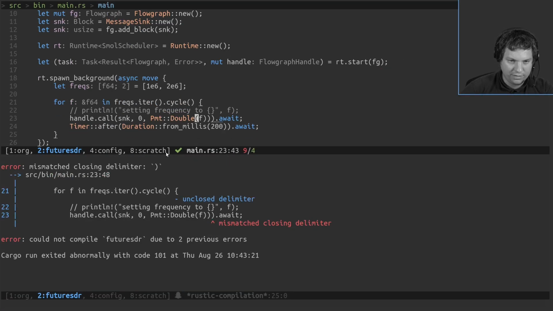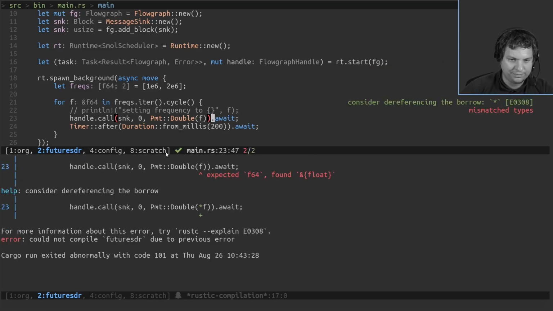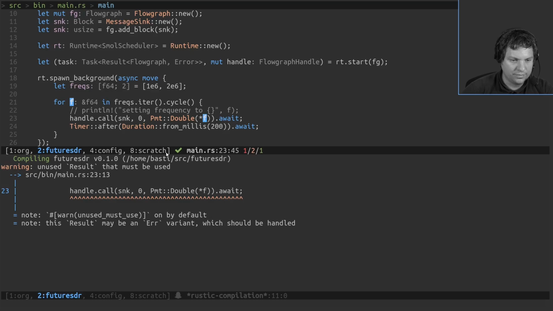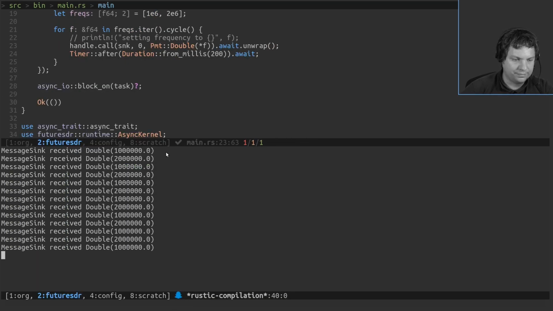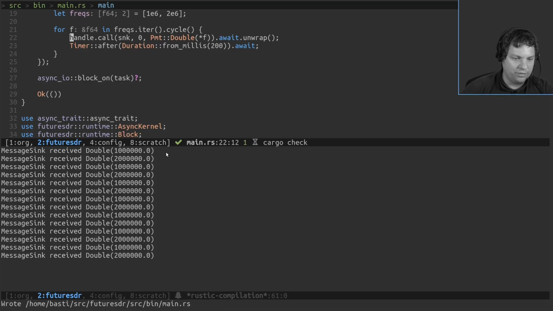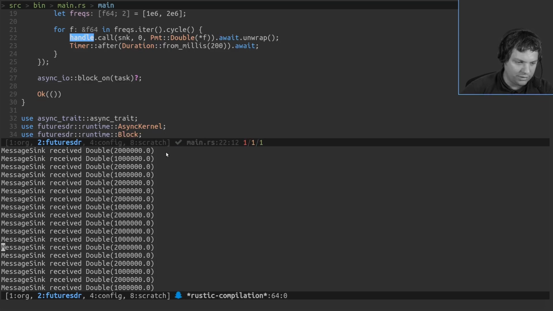If we fix the typos. Yeah. Okay, so we can see now that we are iterating over 1 megahertz, 2 megahertz.